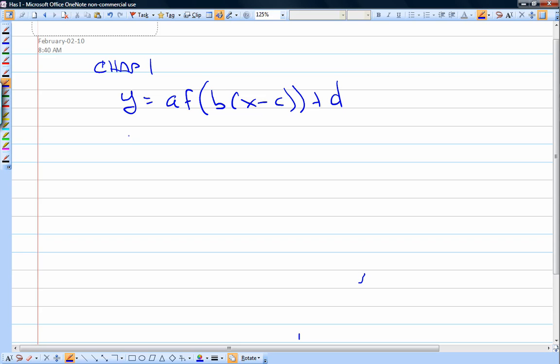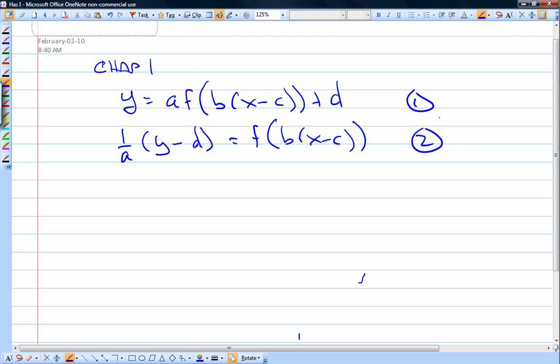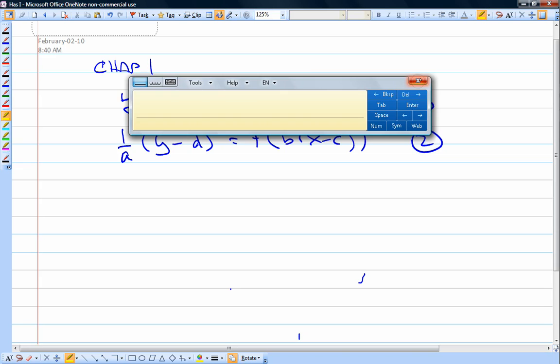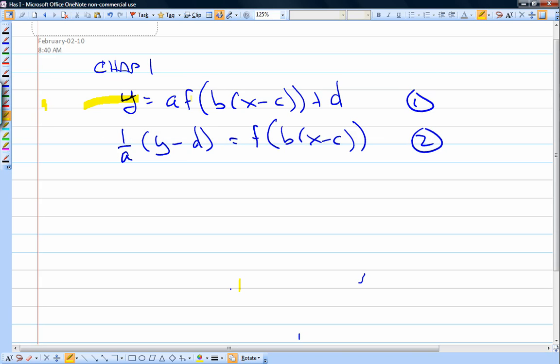The other version that this was sometimes in was 1 over a times (y minus d) equals f of b times (x minus c). So we had version 1, version 2. We will be concentrating on version 1, as this is the version you'll see most of all. So that's what I'll be looking at today. Okay, so first off,